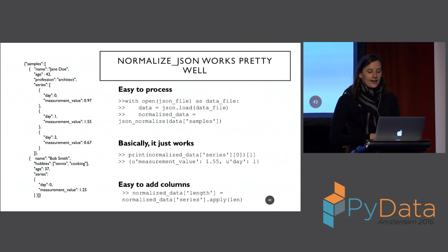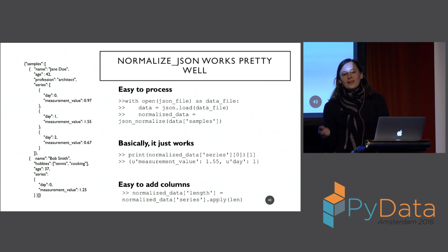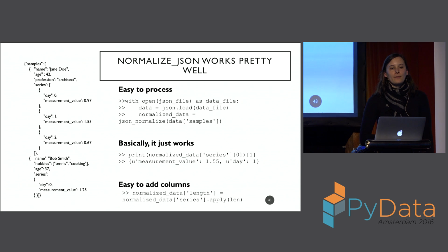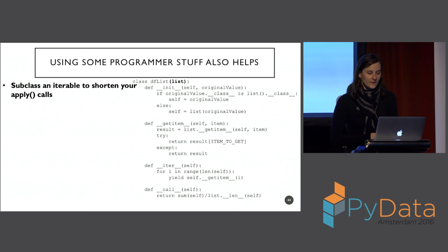And it's also easy to add columns. For example, I use apply on length. That works both on the individual and on the array. So the basic lesson is things have gotten developed enough. No JSON, as long as it's correct, is all that awful, and you're going to get really nice columns and everything. So basically, there's no excuse not to deal with this.